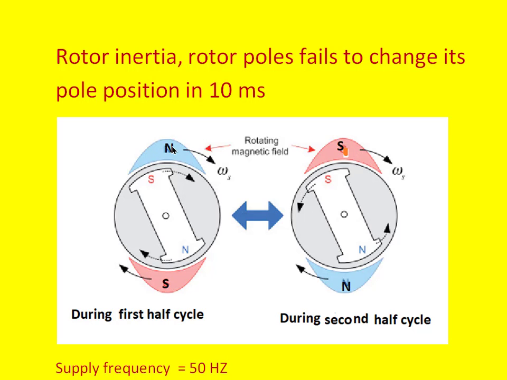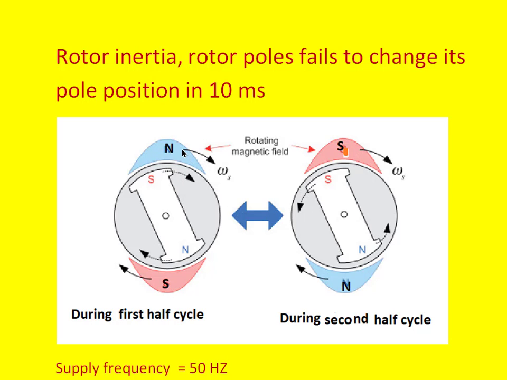And the poles of the stator are, this is north pole and this is south pole. So for this position of the rotor, this is the stator pole, that is north pole, whereas the rotor pole here is south pole. So they attract each other, and this south pole tries to move with the stator magnetic field pole, which rotates continuously with time like this.